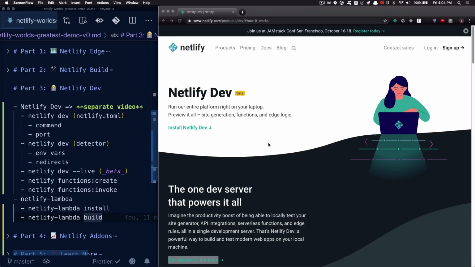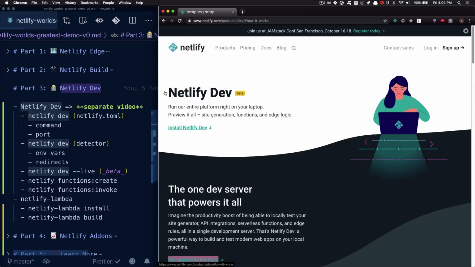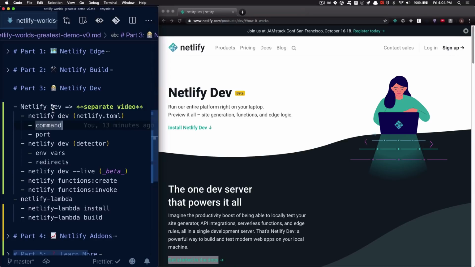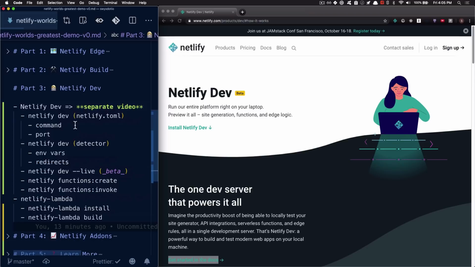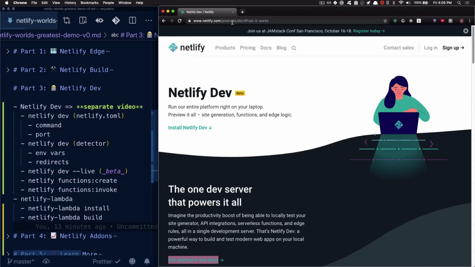We're in part 3 of our introduction to Netlify, and this is Netlify Dev. Netlify Dev is the newest kid on the block, and in fact, most of it is still in beta, but it's worth talking about because it's the newest functionality, and it helps a lot with your local dev capabilities. So the best way to find out more information about it is to check out the site,